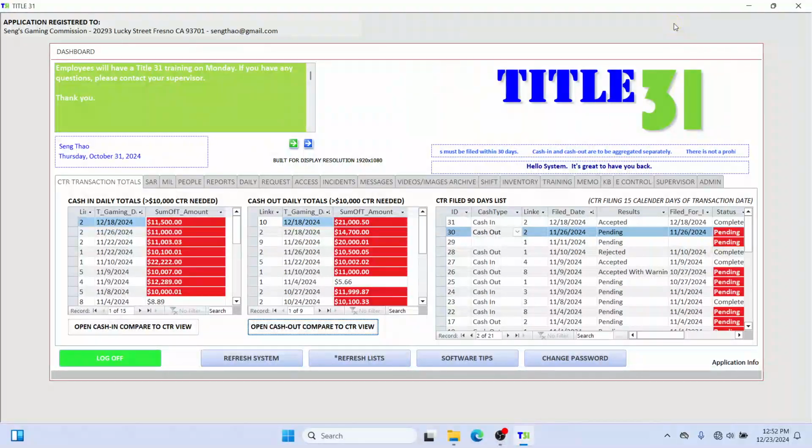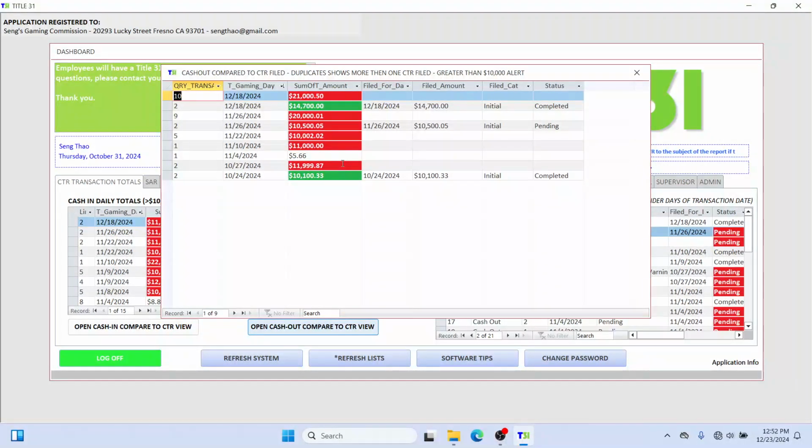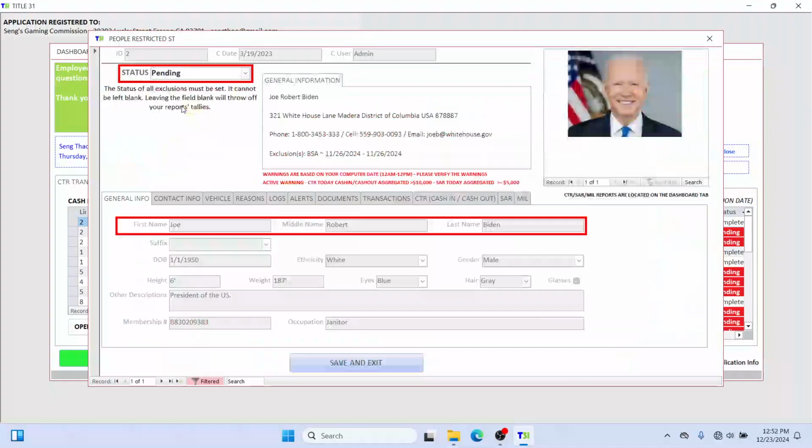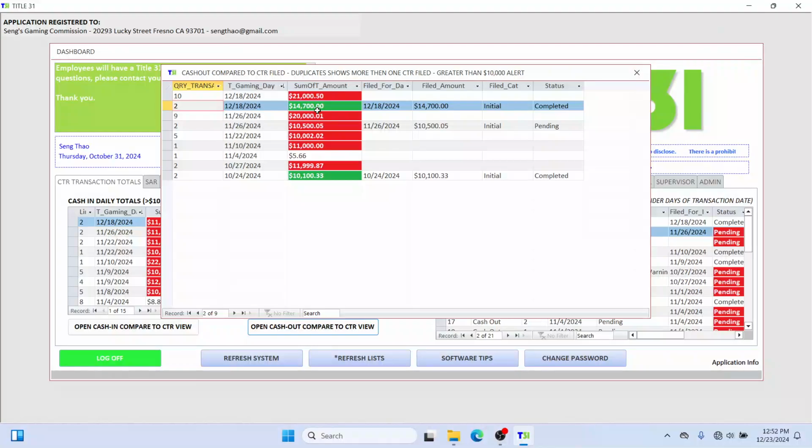Close out of this here. Let's go to the next question here. There are multiple duplicates in cash out and compare. Oh yes, that actually is here. So if you're getting multiple cash in cash out amounts on this list here, for let's say this individual customer, it's because